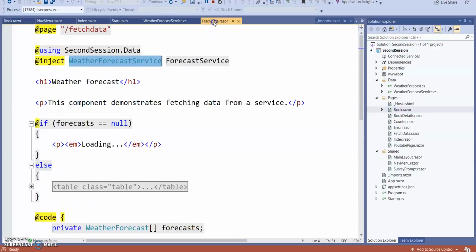But here in fetch data you can see the weather forecast service. This is a class present in the data folder, and here they are using the application name .data folder.